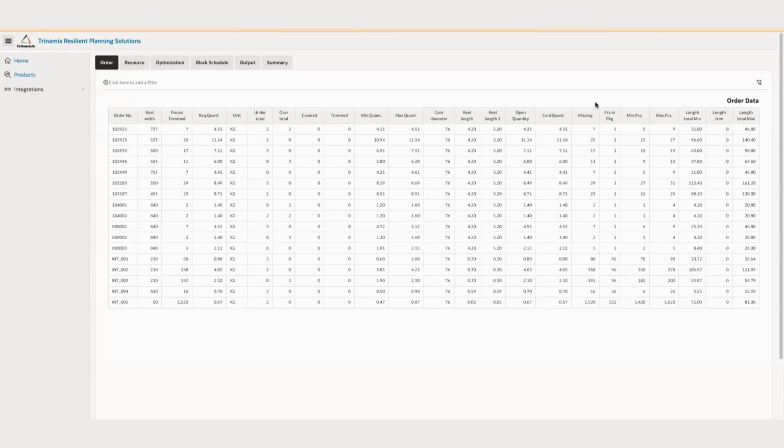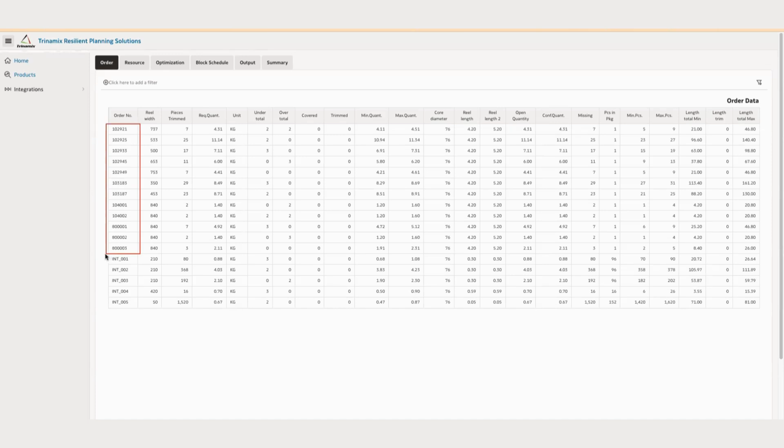And centrally, we can look at the recommendations on how we should be cutting each of the jumbo rolls that are coming out of the production line, the pattern of the trim itself, in order to meet the customer demand. So in this particular case, as we see here, we have customer orders for slit rolls itself,